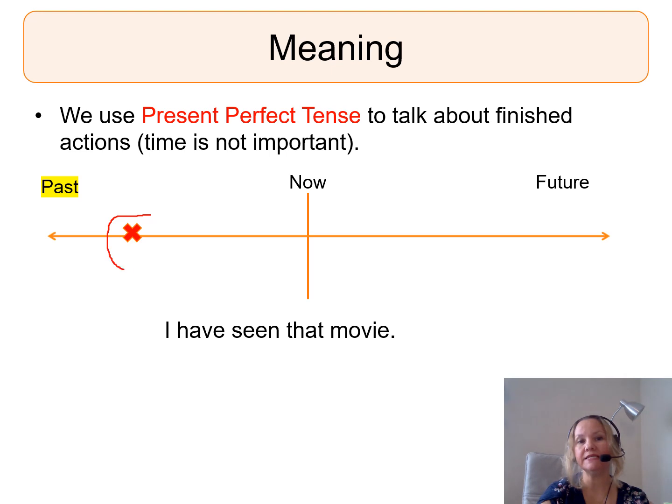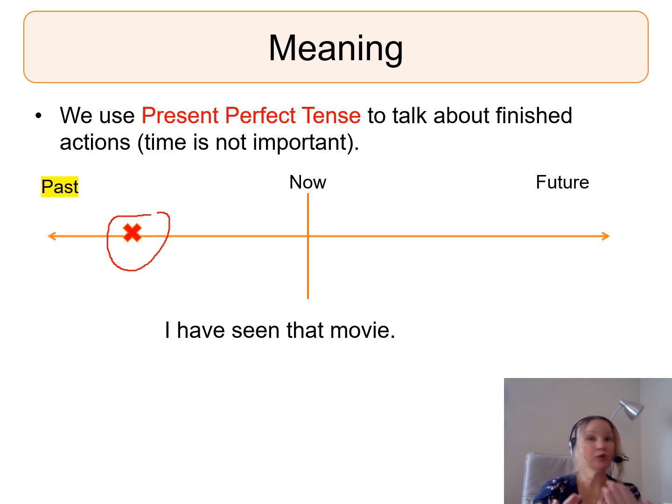so this is the past, now, and the future. So when I want to talk about something happened in the past, but the time is not important. Okay, but whereas in simple past tense, the time, I have to state the time. But with present perfect tense, I don't have to mention about the time. Time is not important. For example,